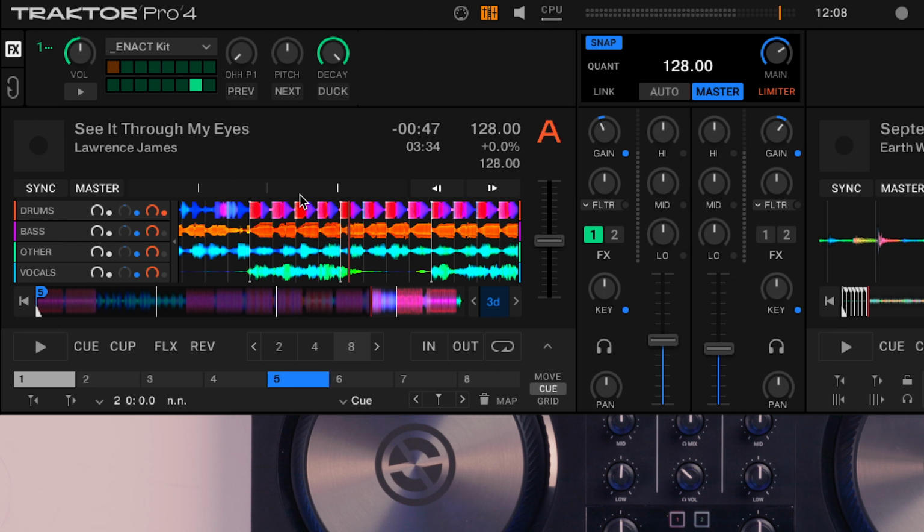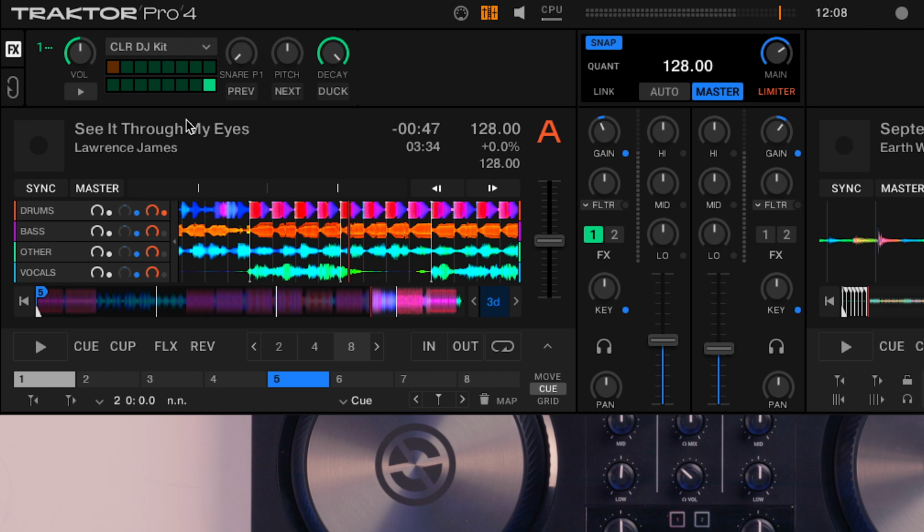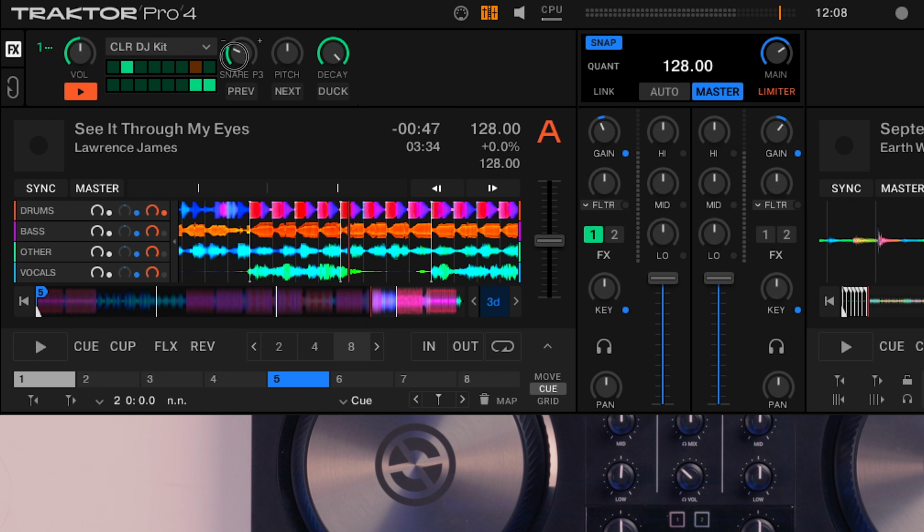Something else worth noting is up at the top where we have the pattern player from the effects. We can now use some awesome new kits by some famous producers and DJs. So if I went onto one, for example, we can set this off. You can hear, and then we can change the patterns,